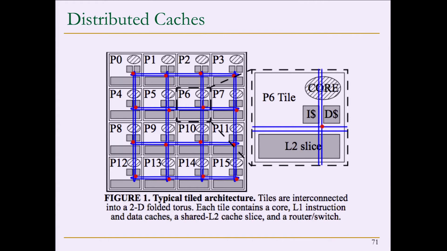Okay, so as I said, there are a lot of other issues in caching. Distributed caching is one example. So this is an example of a distributed cache. Basically, this is actually a tiled multi-core design. This is processor 6 over here. You have a core, you have iCache, Dcache, you have an L2 slice. Now, this could be private. This could be shared. There are a lot of design decisions over here, and you have an interconnect with routers connecting them. Now, if you actually are accessing some cache block over here, and if you keep frequently accessing it,